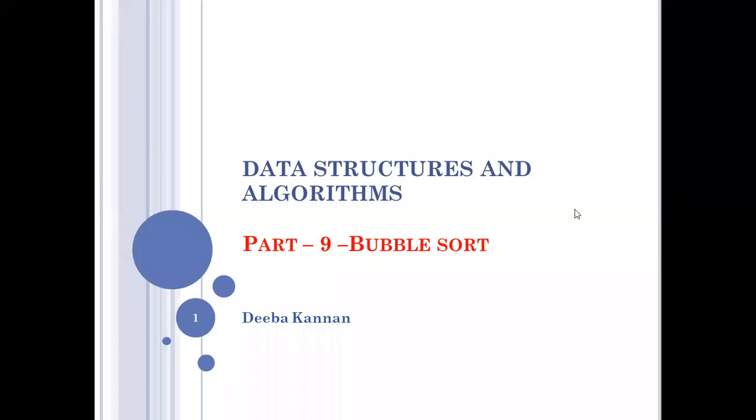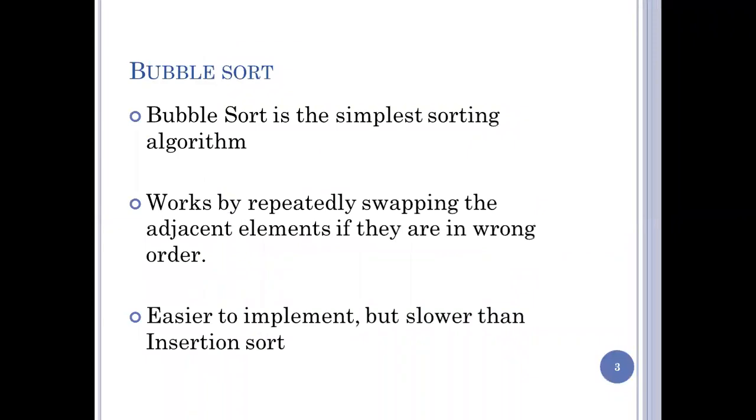In this video, we are going to discuss the bubble sort algorithm. Bubble sort is the basic type of sorting algorithm where you arrange all the elements in the array in either ascending or descending order. It is the easiest way of implementation. You compare each and every element to all other elements, but it is slow in process.